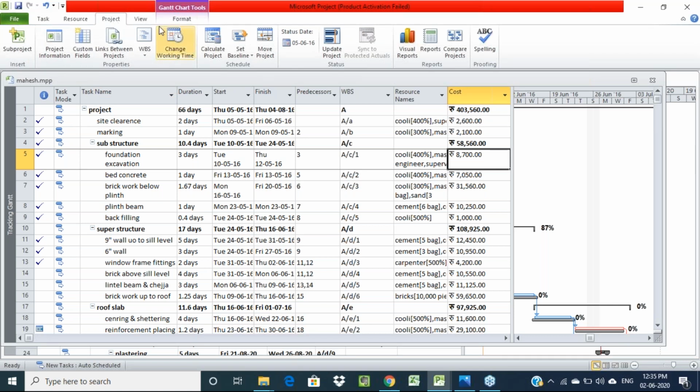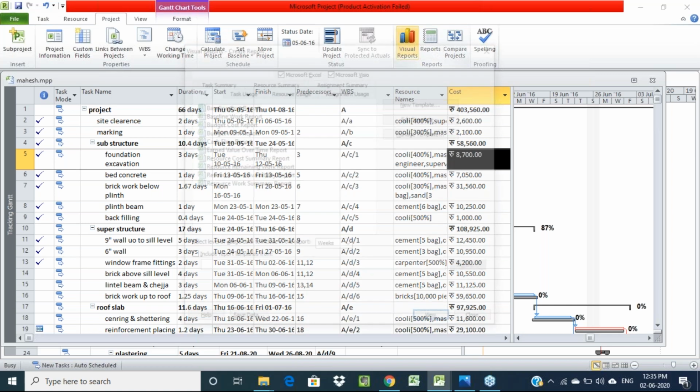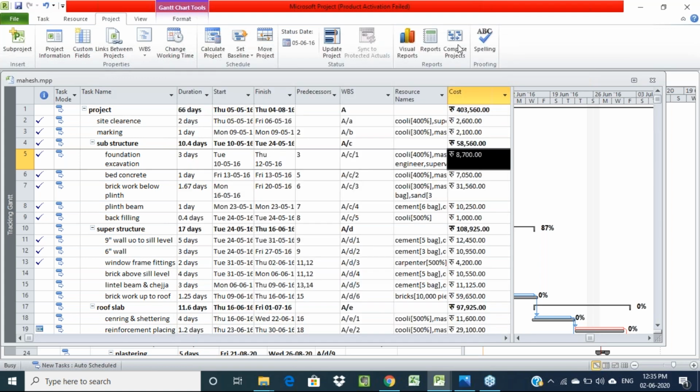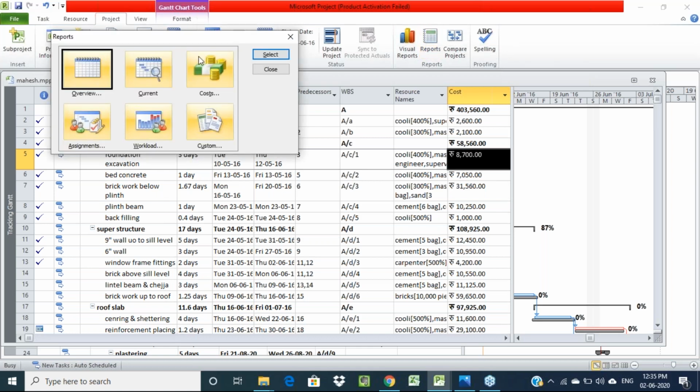So here we need to go to reports. Here you can see reports and visual reports, by using that bar chart or Gantt chart. All these resources we can download as a bar chart and Gantt chart. And along with that, if you want to see any particular budget allocation or cost allocation for each and every